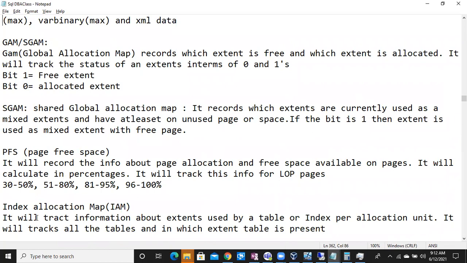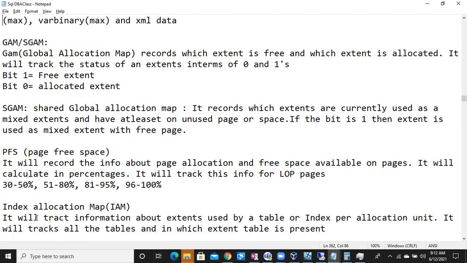Right, system pages. Let me give you a small example. While creating a table, for the first time, which extent will SQL Server allocate for you? Mixed extent, right? A page from the mixed extent it will allocate. How does SQL Server know whether it is a mixed extent or uniform extent?